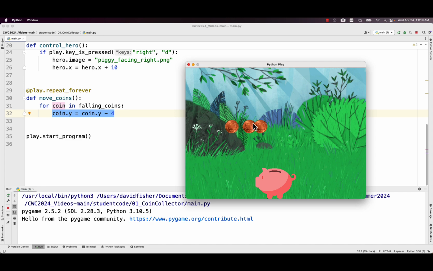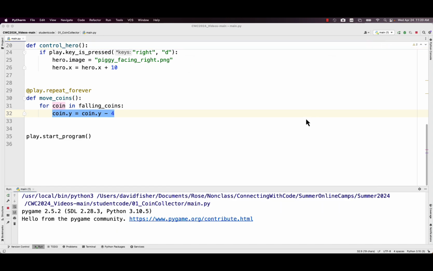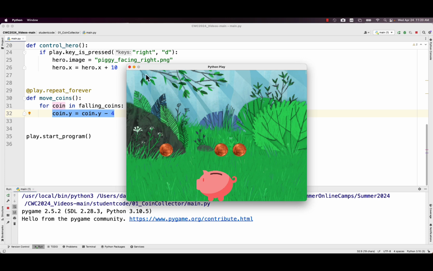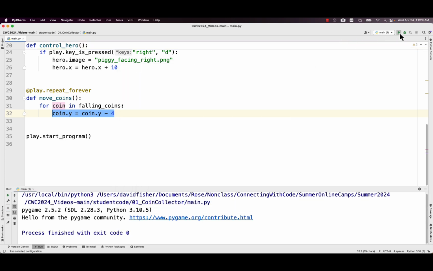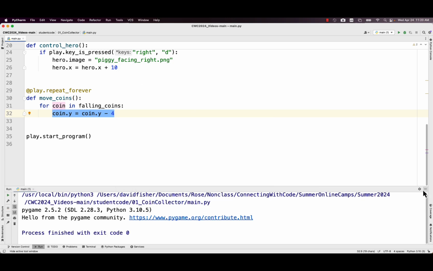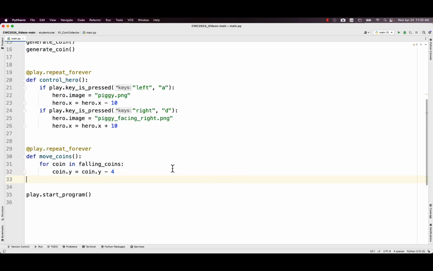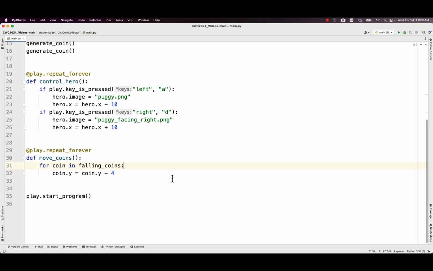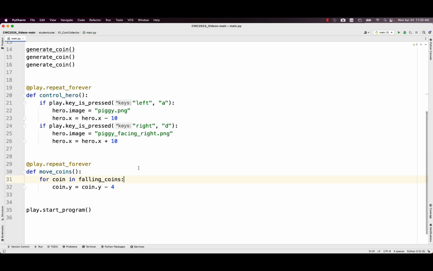So if I run it again now, you can see that now I have 3 pennies. Run it again, you can see that I got 3 pennies in different places. Run it a final time here, you can see that I got 3 pennies in different places. Cool, so hopefully you're able, if this was a live lecture, we'd be coming around like a ton and looking at these things.